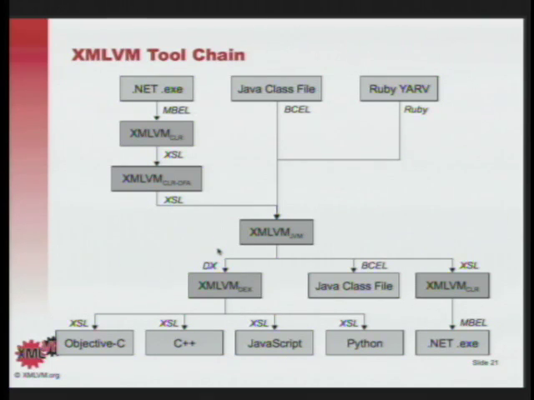Now, all these different paths you can take through this tool chain are of different maturity. Obviously, the smartphone portion is what attracts attention now to XMLVM. So that is the one that we're putting a lot of effort in right now, and that is the most stable. What I've shown you so far is basically this here. We go from Java class files down to Objective-C. Then we can also go down to JavaScript for the Palm Pre.